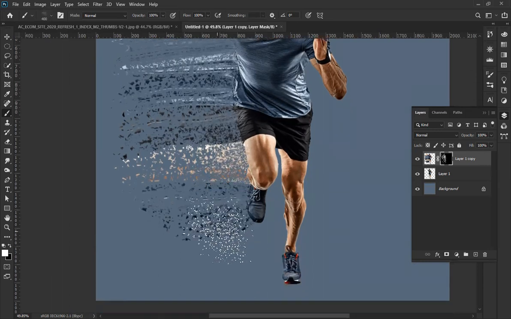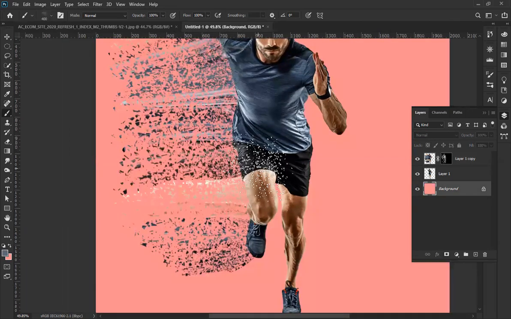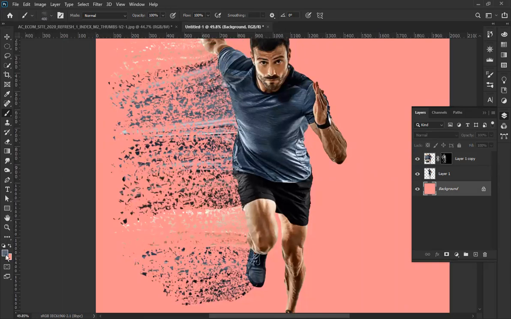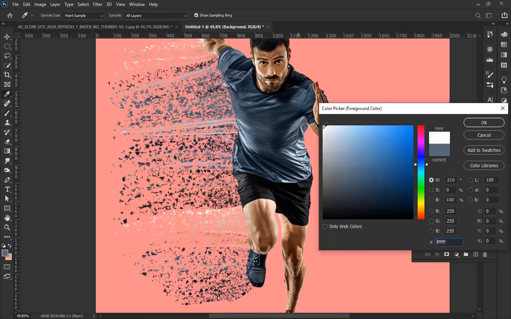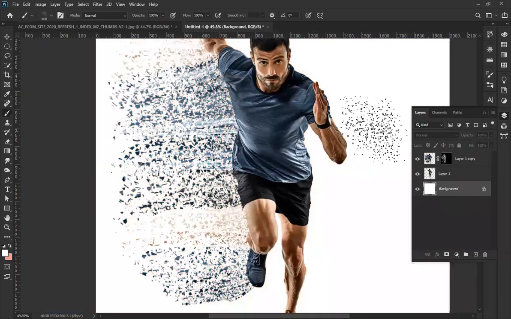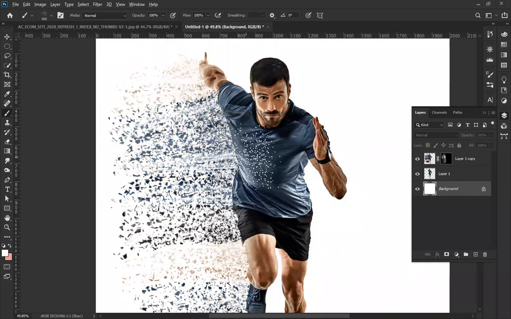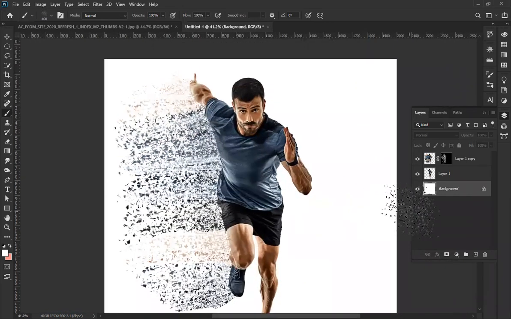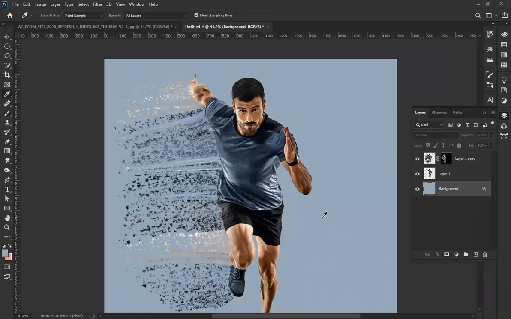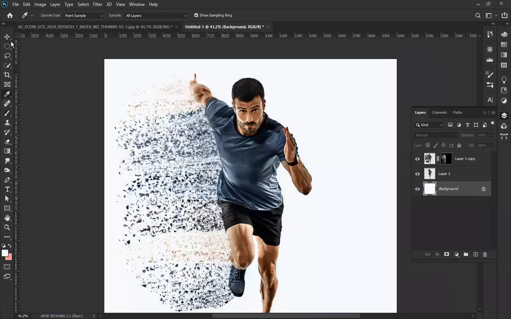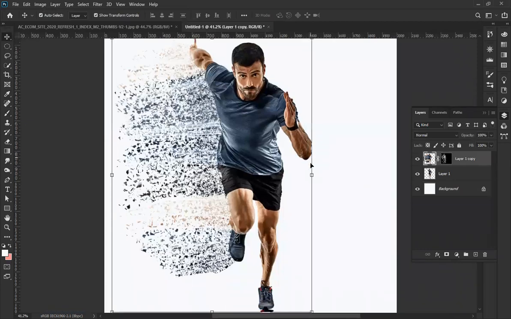This brush. White background. Okay. So let me maintain this background. So once I'm done with this,